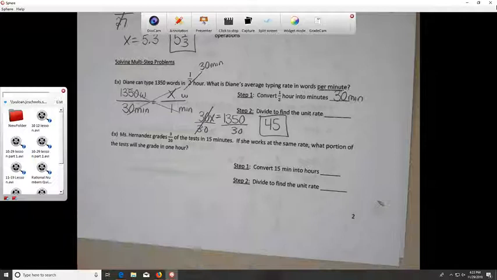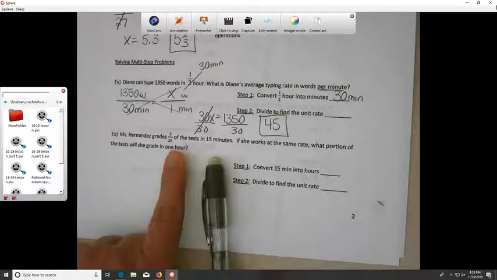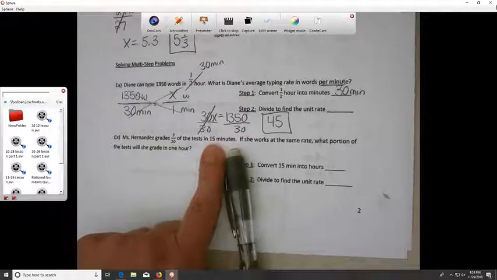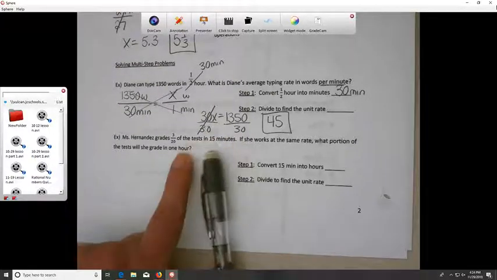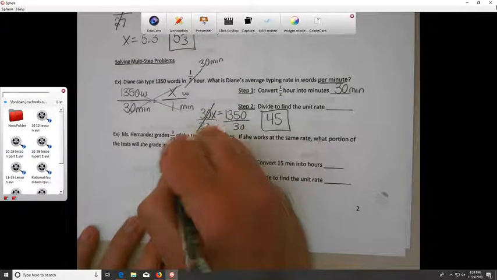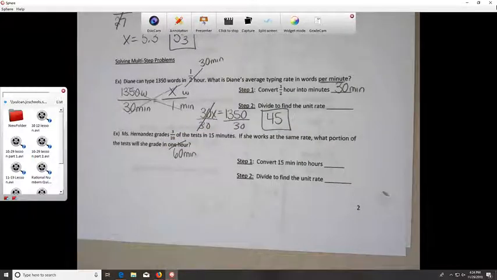Alright, same kind of thing down at the bottom, and it says Ms. Hernandez grades 3/20ths of the tests in 15 minutes. If she works at the same rate, what portion of the test will she grade in 1 hour? So again, it's talking about tests and minutes, but then it's asking us about tests and hours. So we need to do some kind of conversion here. So one option we have is to convert 15 minutes into hours. The other option is to convert 1 hour into minutes, and that one is a lot of times easier for people. So if we know that 1 hour is 60 minutes,